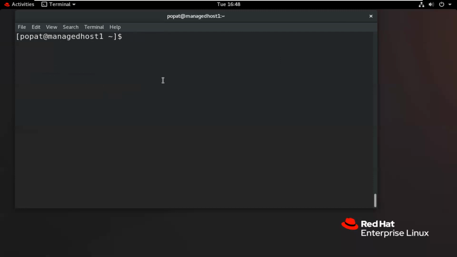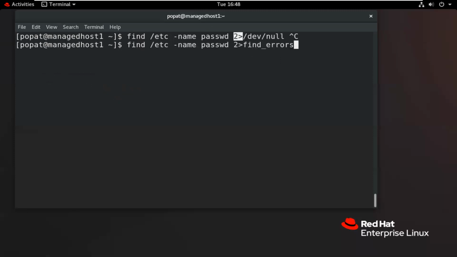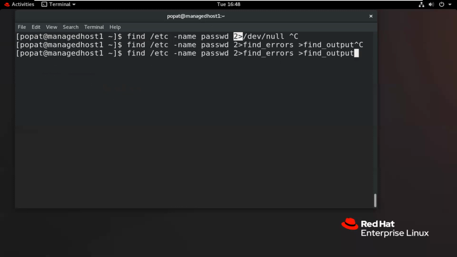So this is the process to use this particular concept, this one, and this one also, and we have one more, this one. This is for the errors, this is for the output, and this is for discarding the errors.